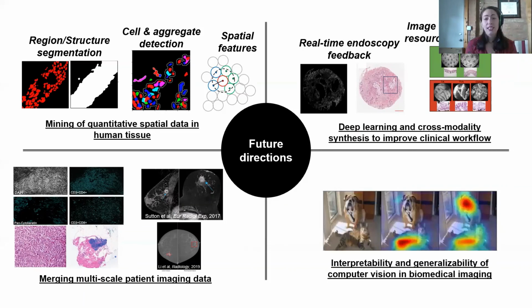And finally, something I'm really excited about is the interpretability and generalizability of these algorithms. Traditionally, people will use something like you see in this image called GradCam, where you highlight where the network is focusing on. But we have these classification algorithms that work really well, but we don't know why. And I think by tying in some of the features that we can learn from instance segmentation and spatial mapping, we can generate some knowledge about some human interpretable features that are associated with the network's decisions on